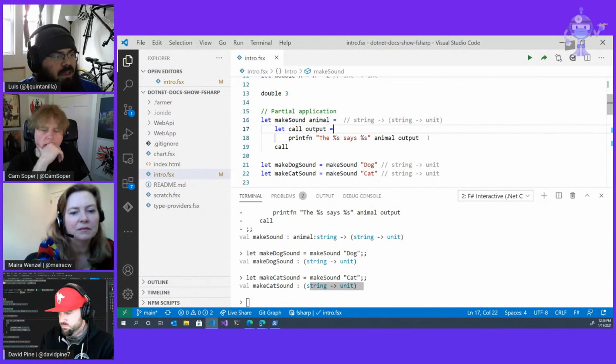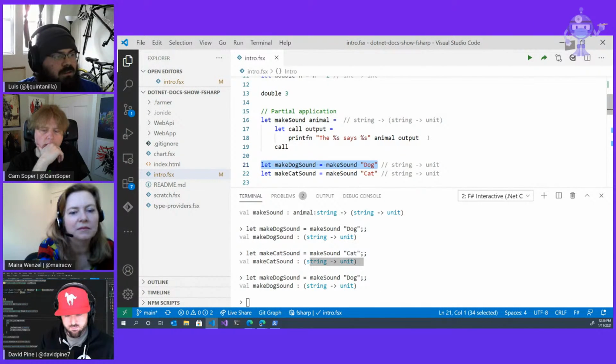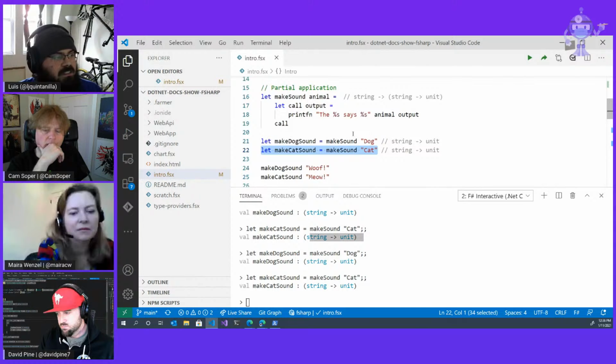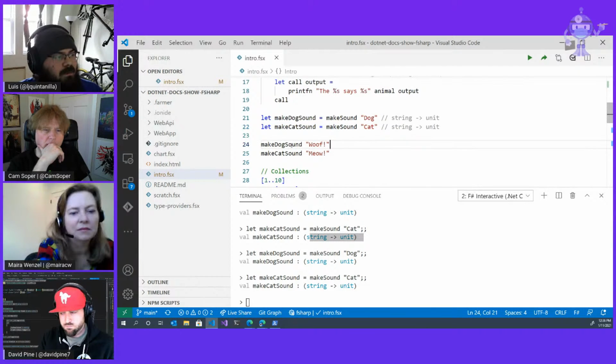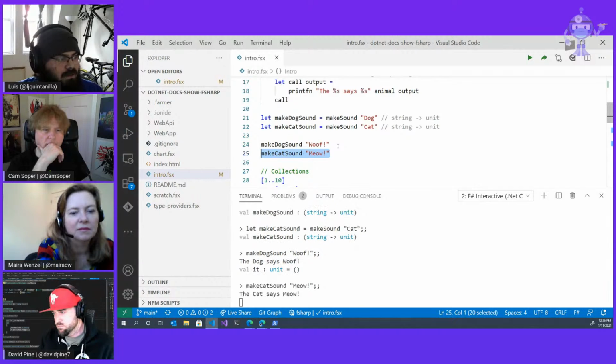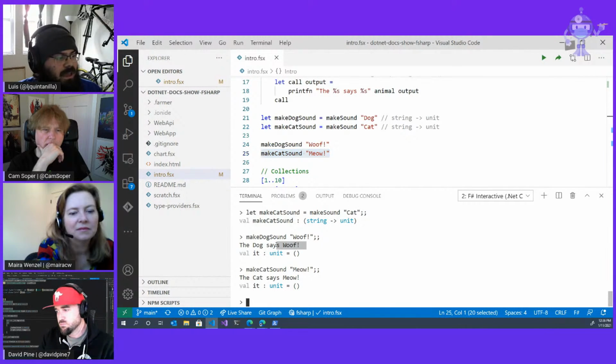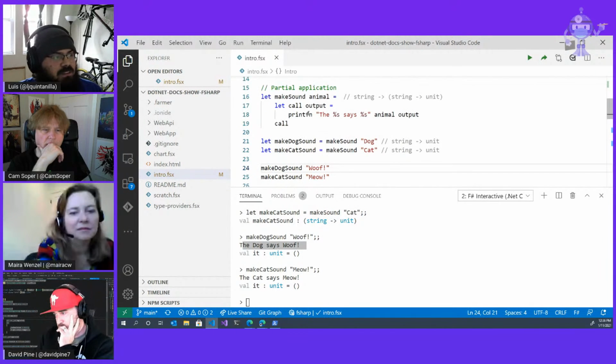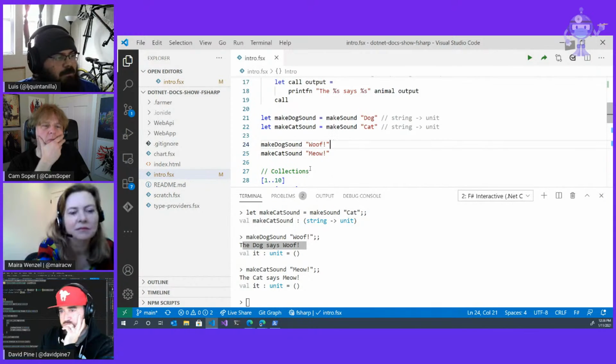And so now that I've stored this here, make dog sound, now I can call it make dog sound, and I can tell it woof, make cat sound, meow, and now it actually executes this inner call function, right? Oh my gosh. So